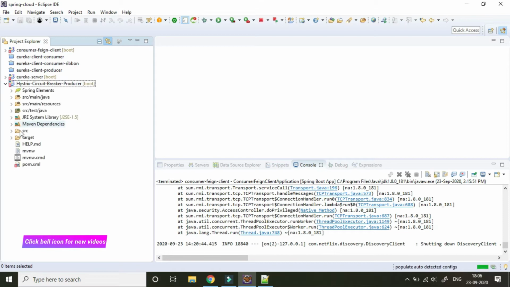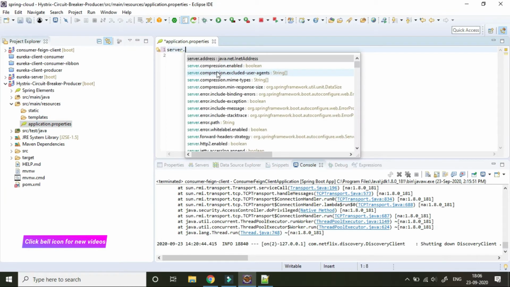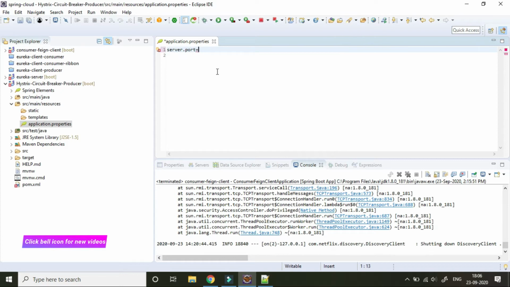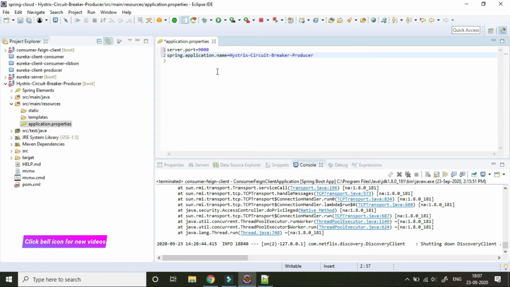Now I will provide the server port, then the application name, giving all these in lowercase.